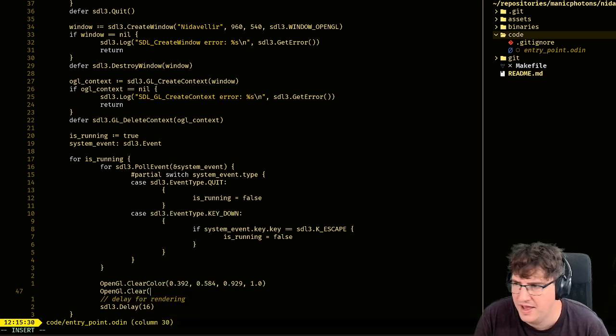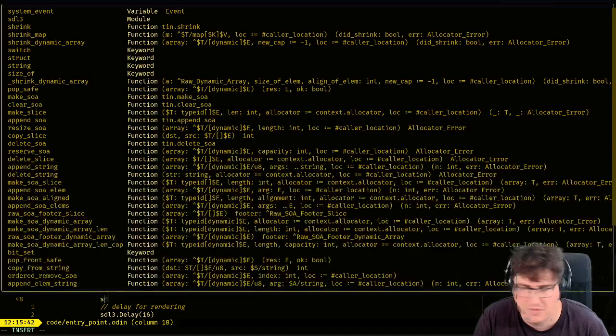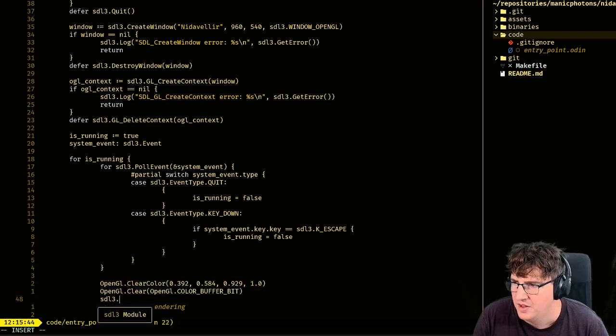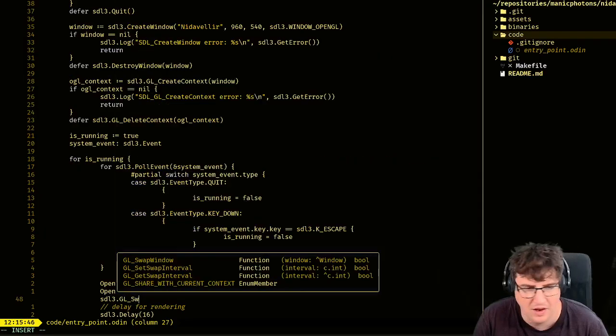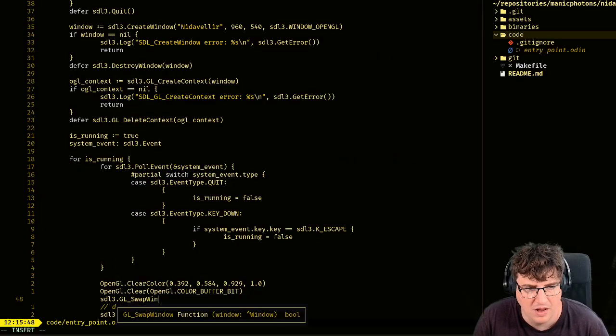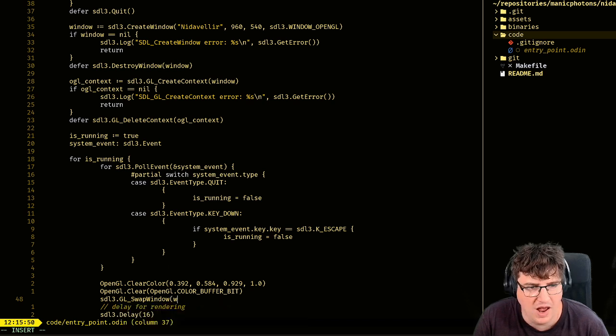Then we're going to clear. I want to double check all of this because I doubt it's as simple as this.